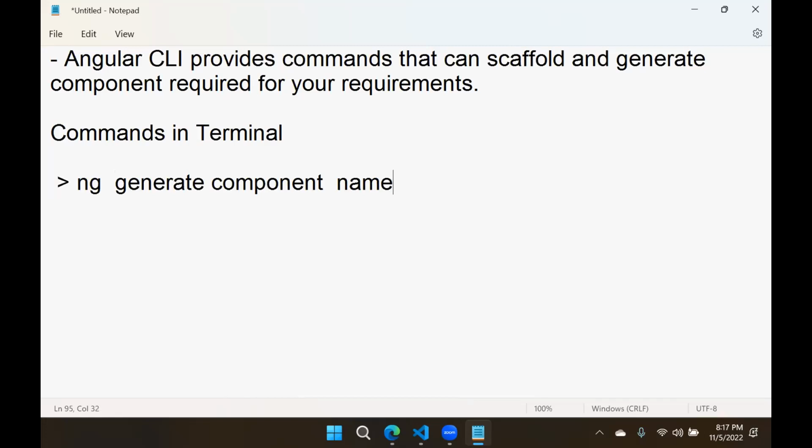But how do you want to generate a component? For that, there are so many flags available. Flags means options available. For example, you see here, ng generate component, you can write in shorthand ng gc, and you can give any name. This is generating a component for you. So Angular will generate a component for you. But important is,